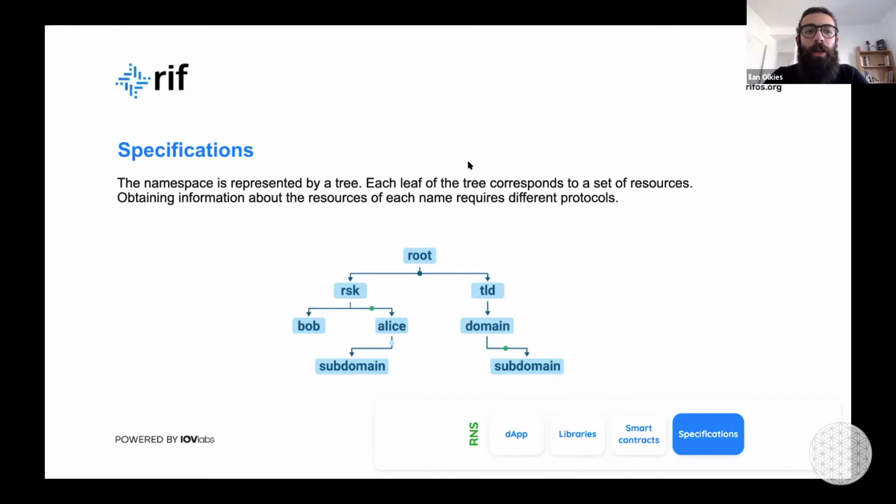Then we have the smart contract layer that is a part of the blockchain. Then we have the libraries layer that is the one that connects with the blockchain and allows users to use it. And then we have a decentralized application. So the specifications, mainly what I want to mention in this brief talk is that